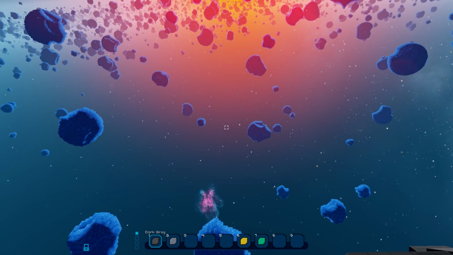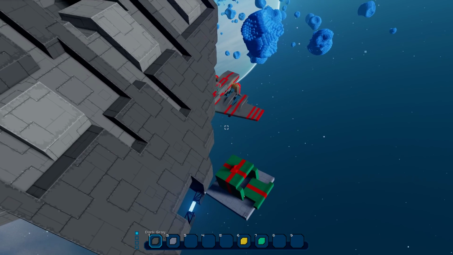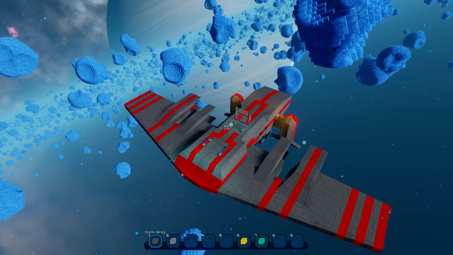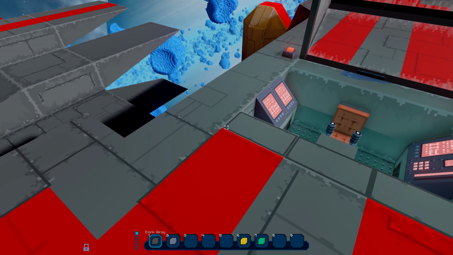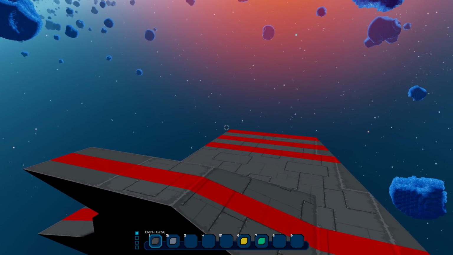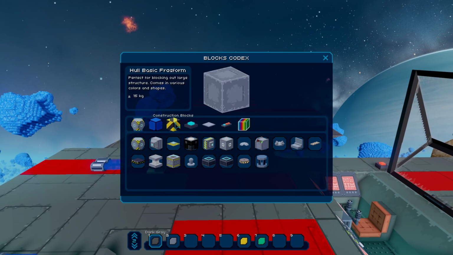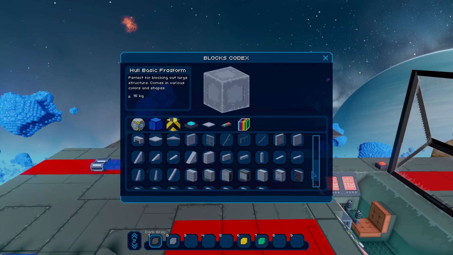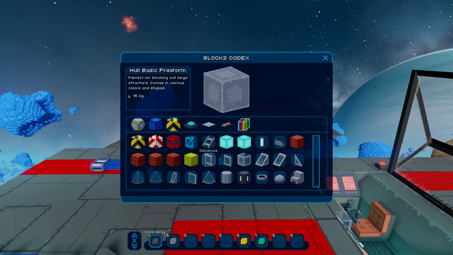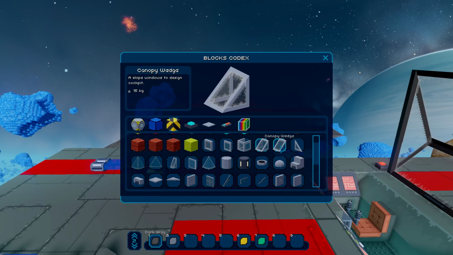I hope you will enjoy my small Christmas present, and I'm going to tease you a little bit. I was willing to spend a bit of time on that one simply because I think potentially it could expand to some other very cool stuff. If you look at the codex, for example, you can see already that there are really two kinds of blocks that could benefit from a similar system, and the first one is the canopy.